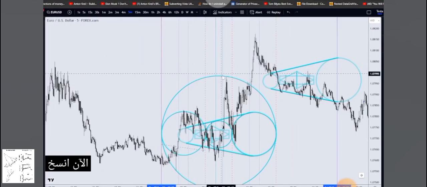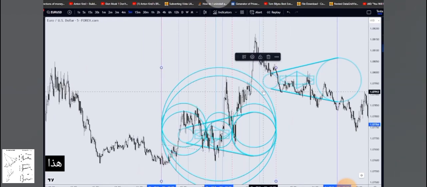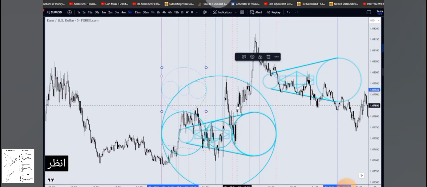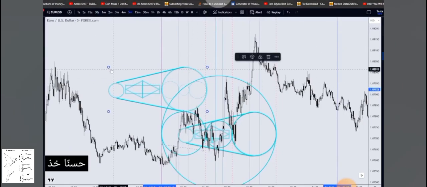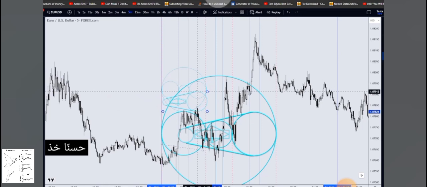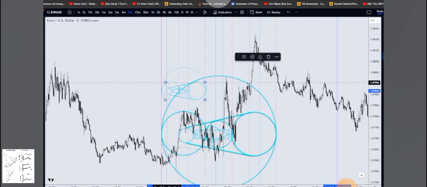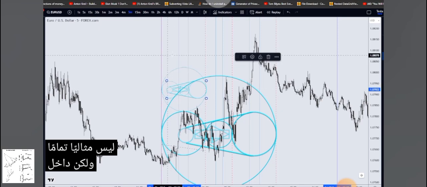I'm going to copy this, Control C. Take that. Down. So this covers this. It's not exactly perfect, but inside this